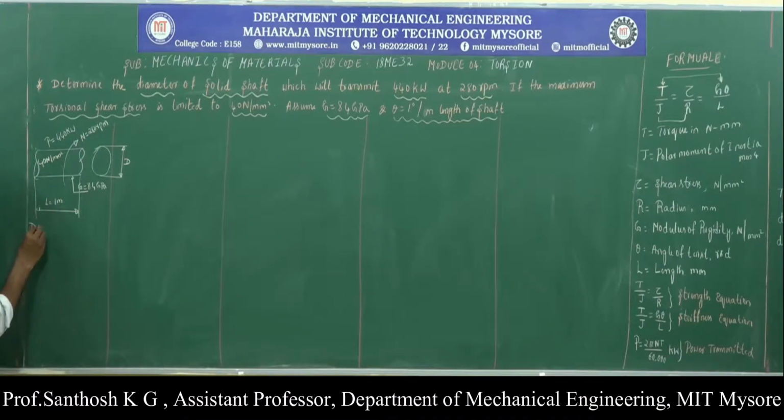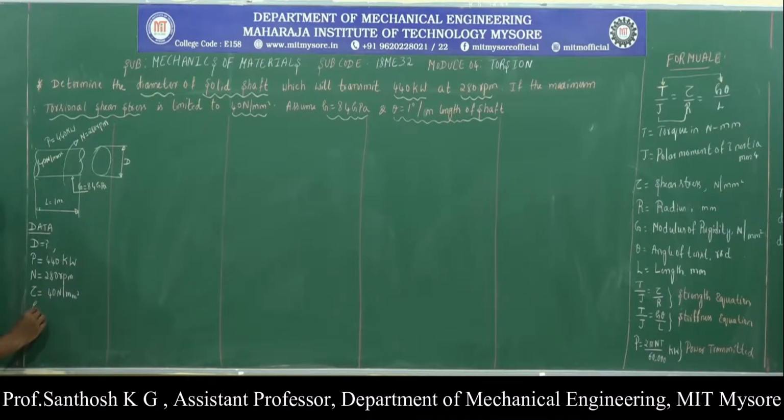Now let us write the data in a sequence. Determine the diameter, so I need to find the value of D for a solid shaft which transmits power. Power is denoted by capital P, it is equal to 440 kilowatts at a speed, denoted by capital N, of 280 rpm. The maximum shear stress is denoted by tau. It is 40 Newton per mm square,